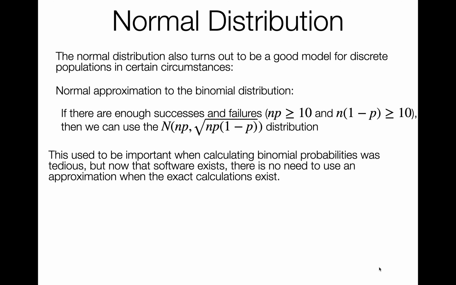So if you remember, not so long ago, the tedious process of calculating a probability about a binomial distribution. You had to do the choose operator, which is not nice, not easy. And so it took you a little while to do that. Especially if you had a problem with 200 observations, that's a lot of calculating to do. And so if you could approximate it well enough with the normal distribution, which has been around for a long, long time, and people knew how to do easy calculations with that,